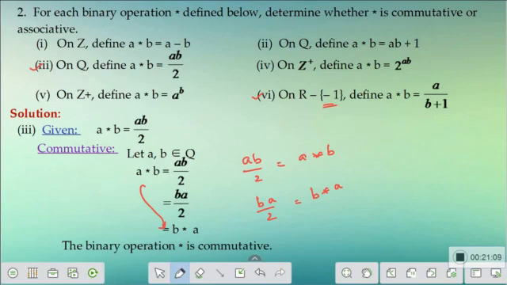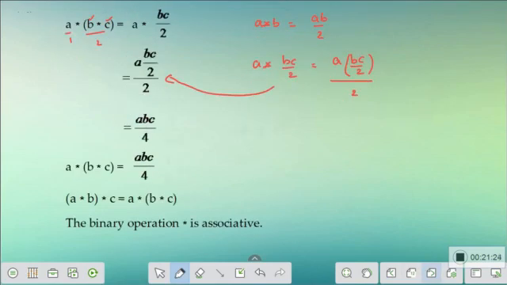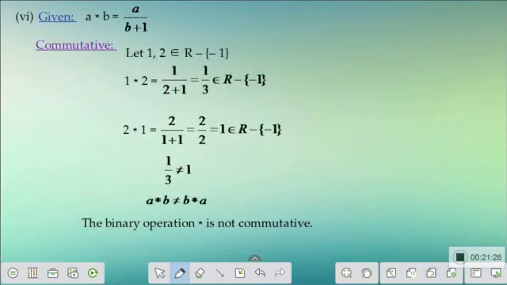I hope you understand why there cannot be any element as negative 1, because your B cannot be negative 1. If it is going to be negative 1, you don't have any denominator and hence the operation doesn't make sense. Let's start discussing the sixth subdivision. Let's start checking for the commutative first. Now to check for the commutative, let me take two elements here.